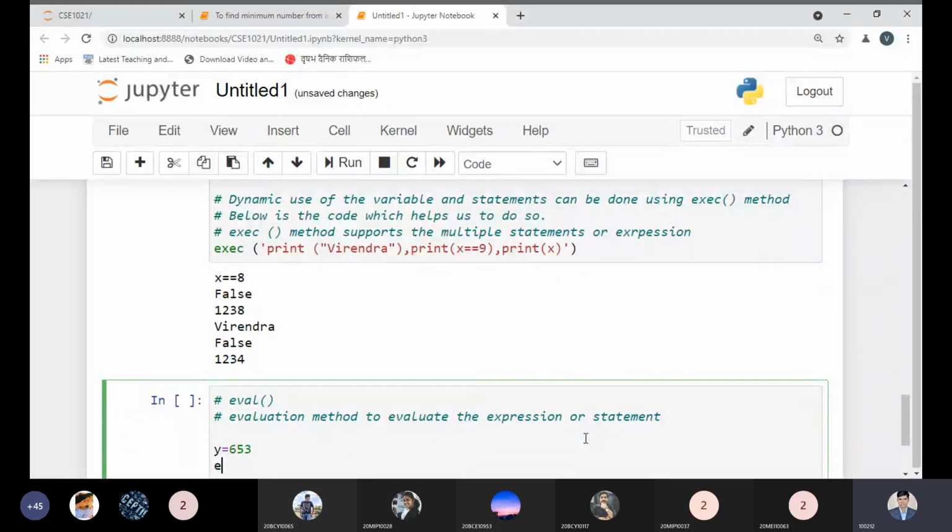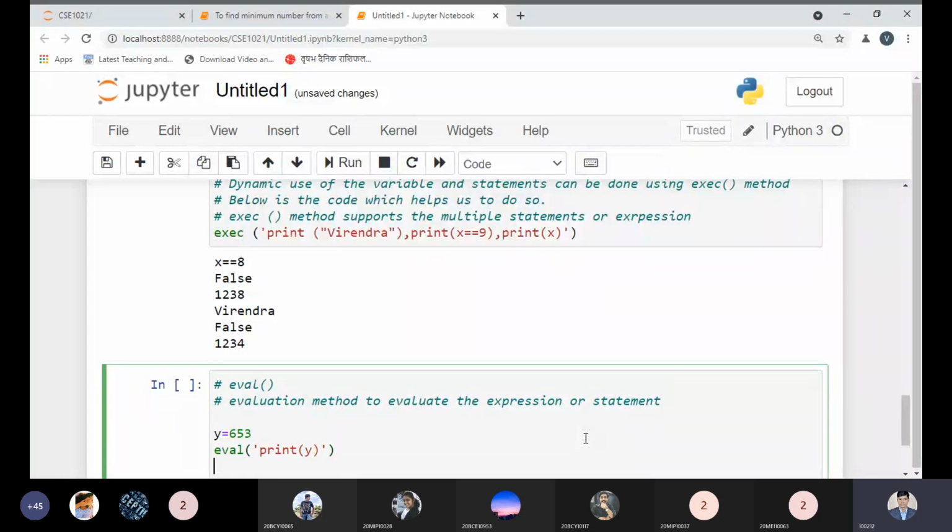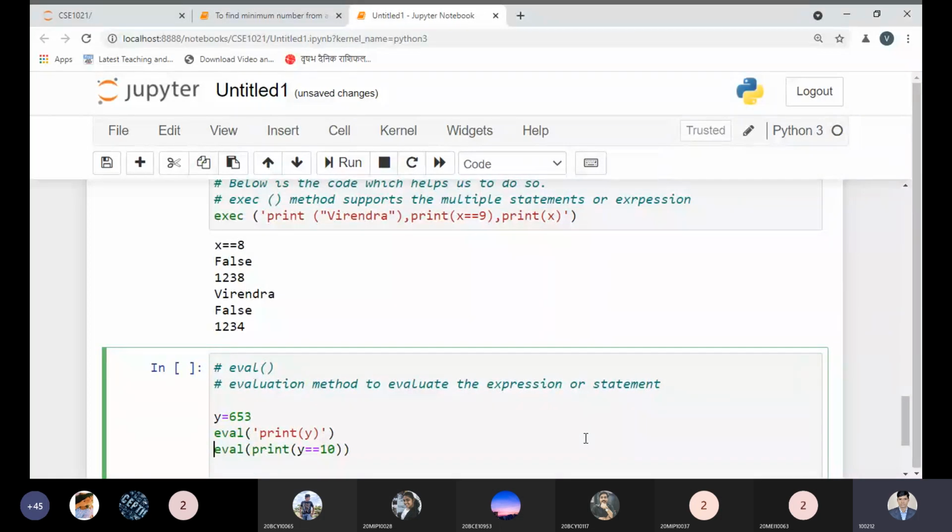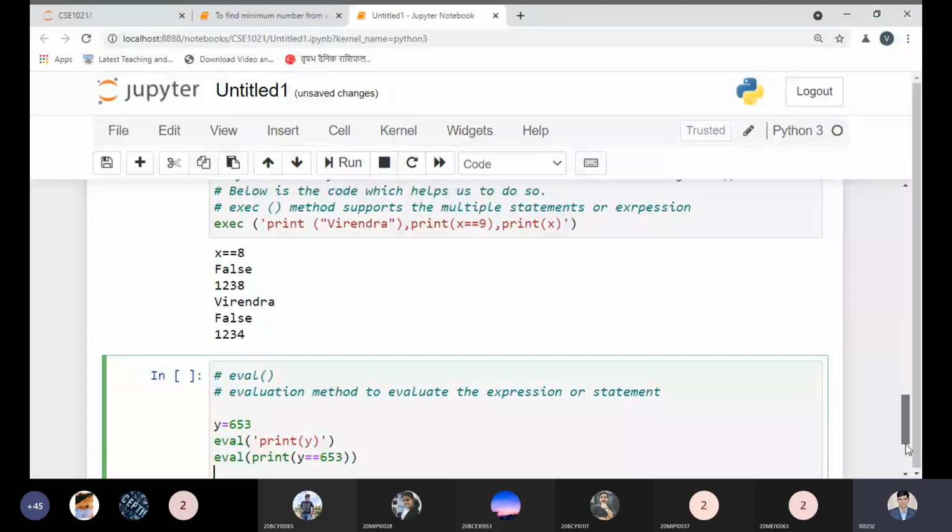If I'm using eval like this, and I'm doing print with y is equal to 10, what will be printed over here, false or true? Instead of doing so, let me just write 653. And we have done, and let's check this code.